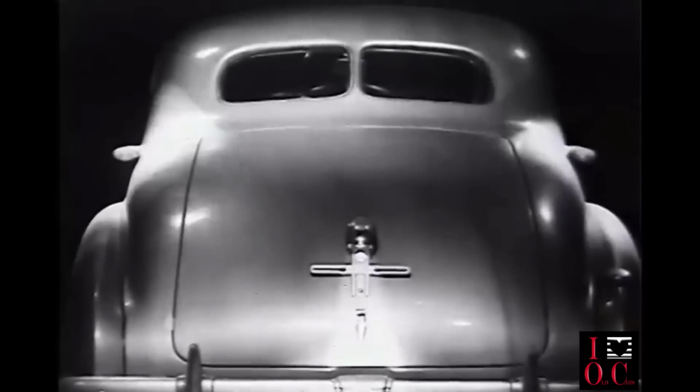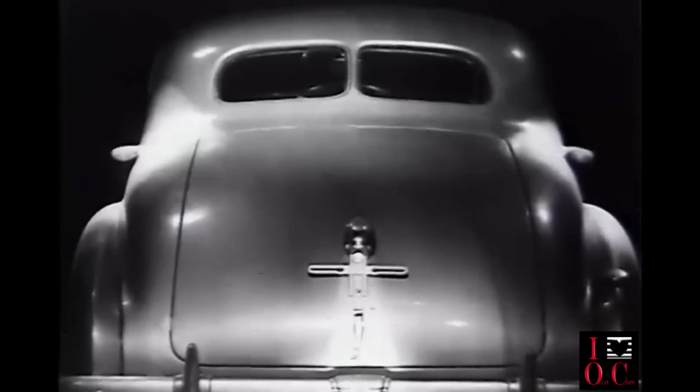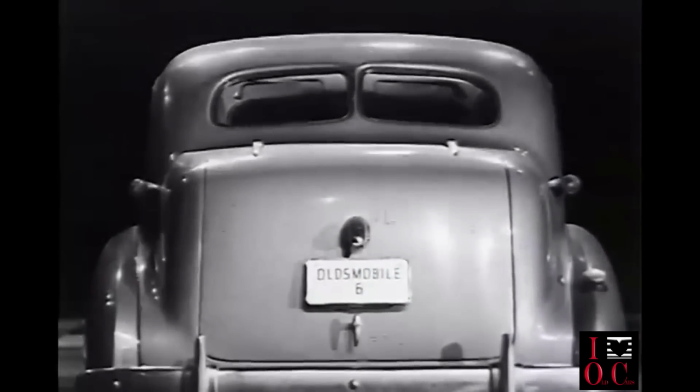Here's a view of the new Oldsmobile 8 that will be observed by a great many motorists, for the new cars are just as speedy as their fleet style suggests. Notice the location of the twin tail lights. On the 6, too, the twin tail lights are mounted high and at the